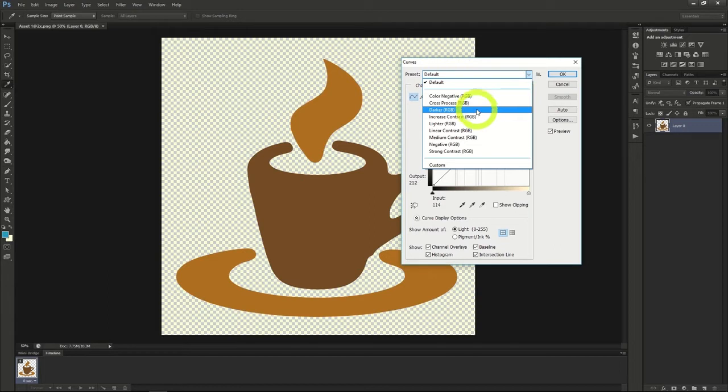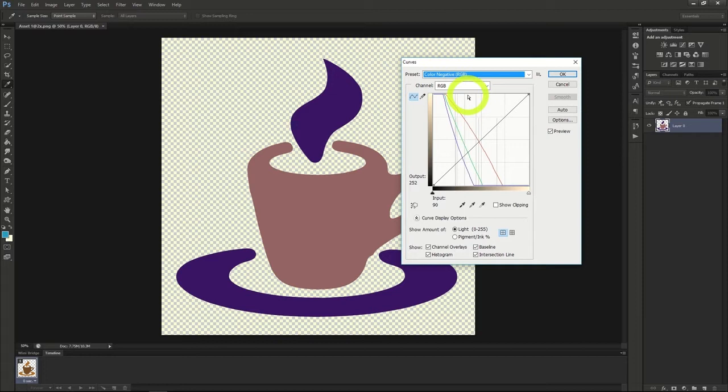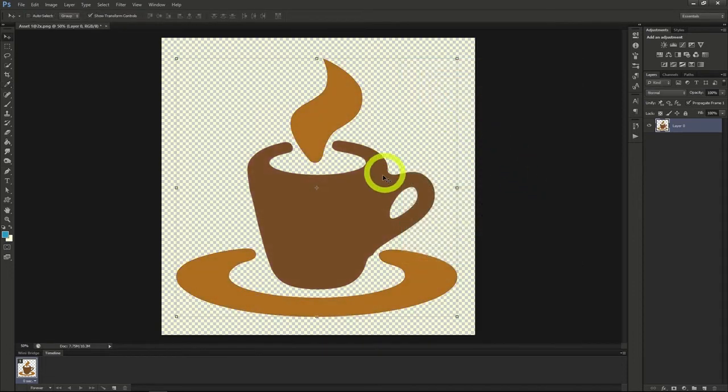Setting the color preset to color negative changes some things here, which we'll explain. As you can see, the individual values on the chart have changed. The original black line is still the same, but each individual color has changed. This is a permanent way to change the values of the image,